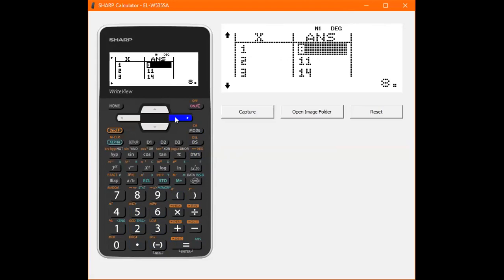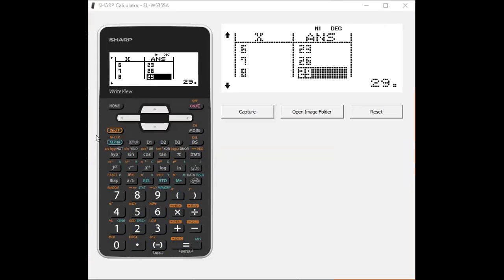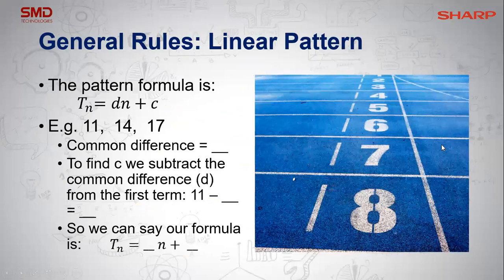So our first term is 8, and then it's 11, 14, and you can see we're just adding 3 each time as well. Now, of course, we could also do this with a geometric pattern, but before I move on to that,